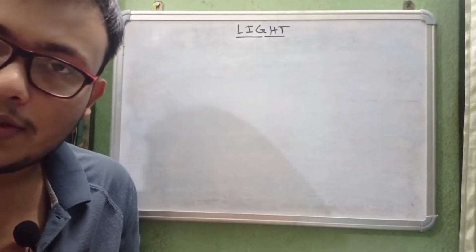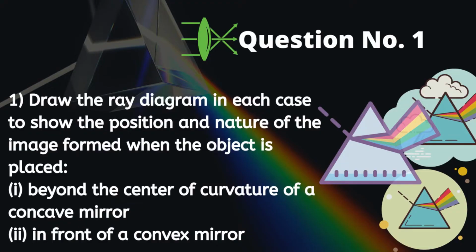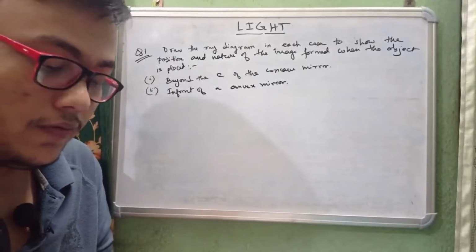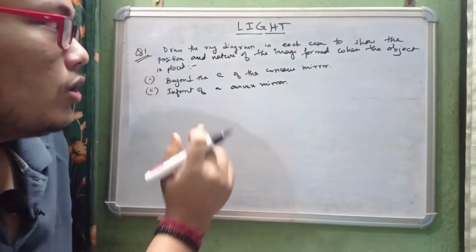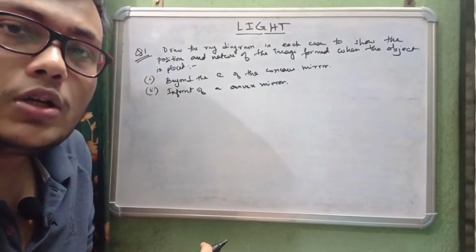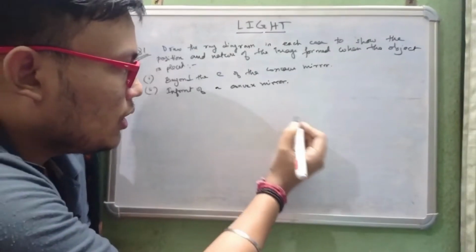So let's get started. The first question says: draw the ray diagram in each case to show the position and the nature of the image formed when the object is placed, number 1, beyond the center of curvature of the concave mirror, and number 2, in front of the convex mirror. So we will start with the first one, that is beyond the center of curvature of the concave mirror. So if I draw a concave mirror,